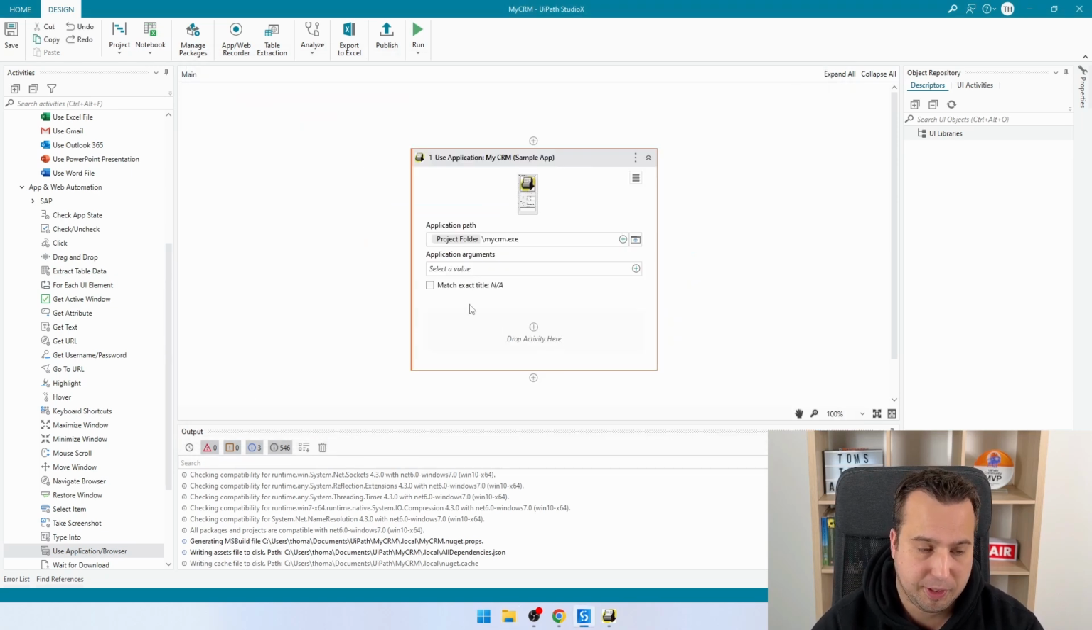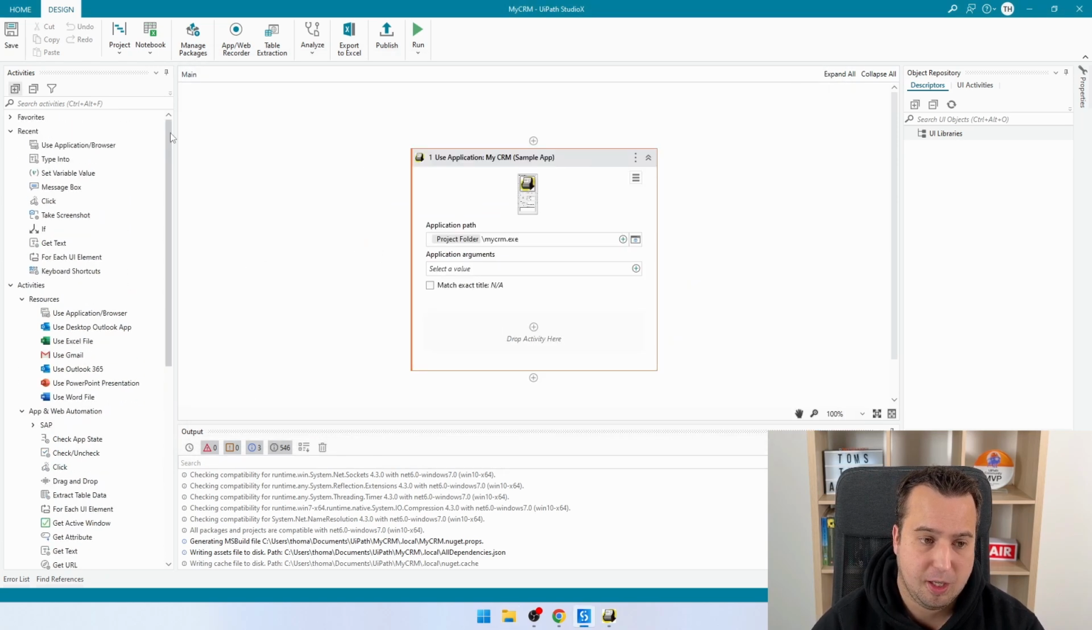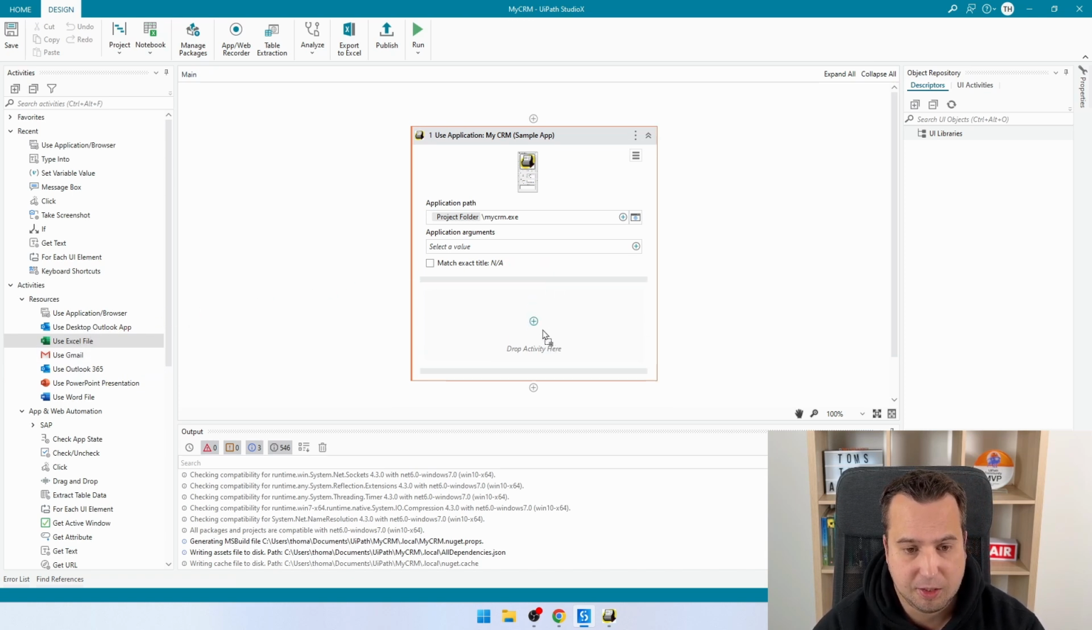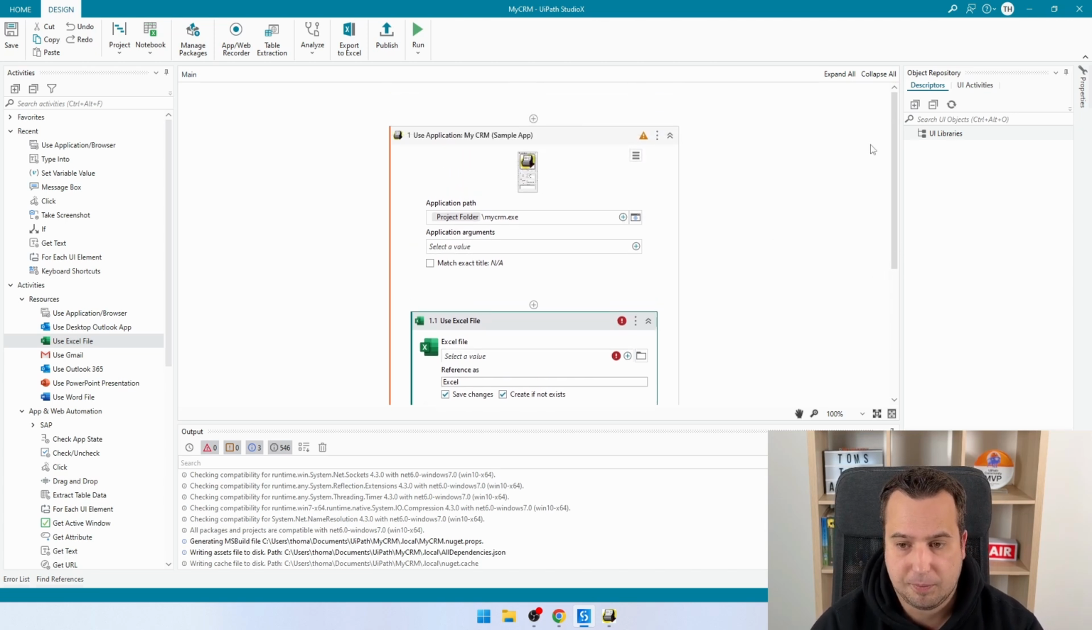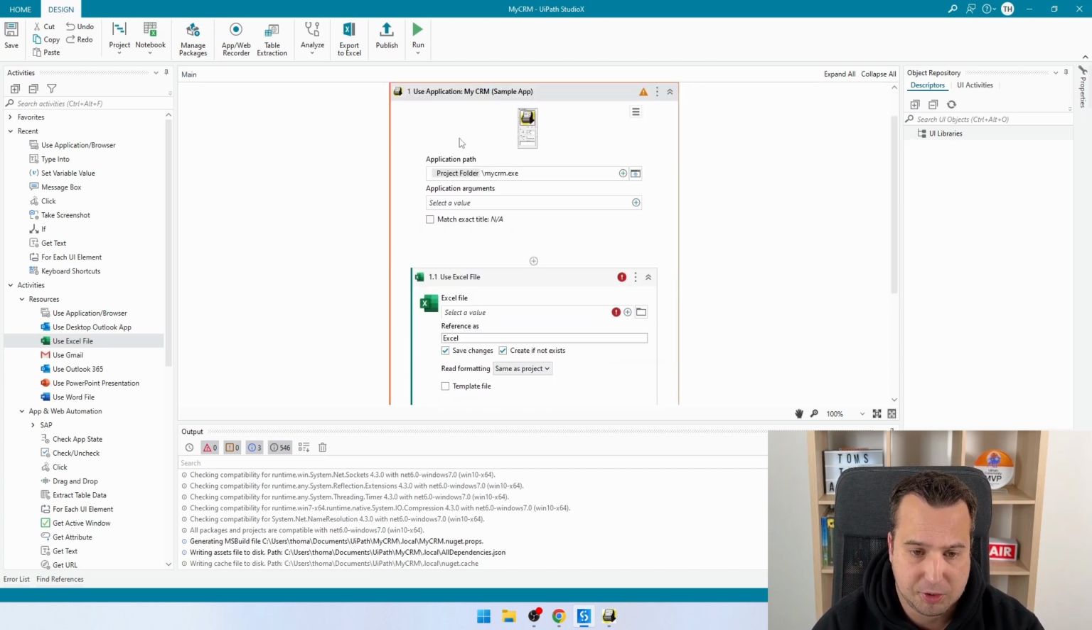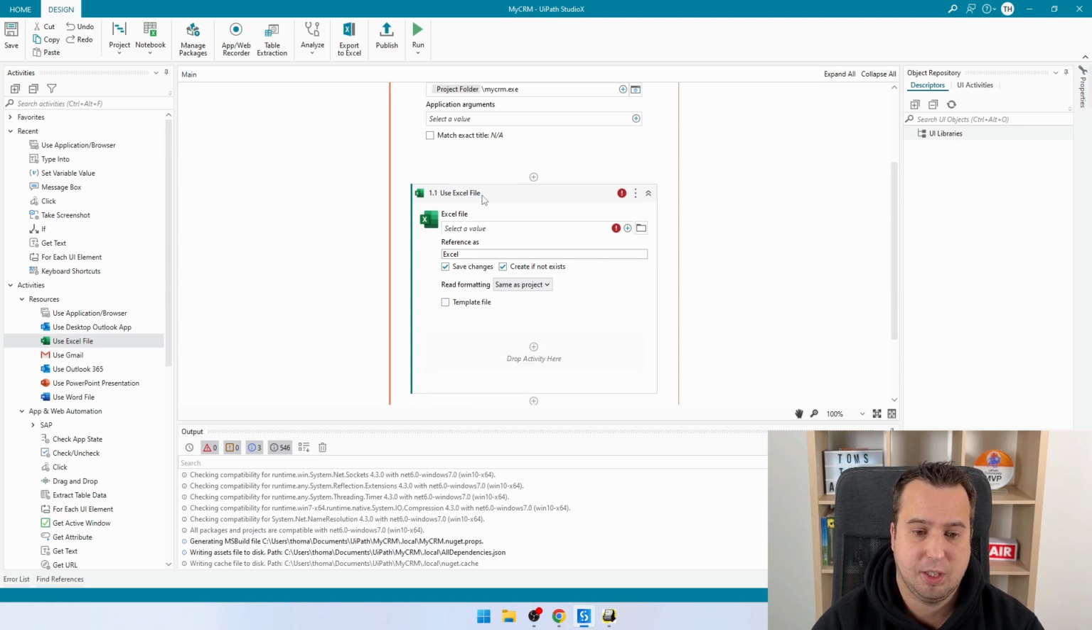Then the next thing that I want to do is use Excel, because we want to read from this Excel file. So this is the activity that we're going to need for that: Use Excel File. Drag this Excel into the use application. If you work more with UiPath Studio X, you'll see that the hierarchy is really important. So make sure, again, that you have the use application, and in the use application you put the use Excel